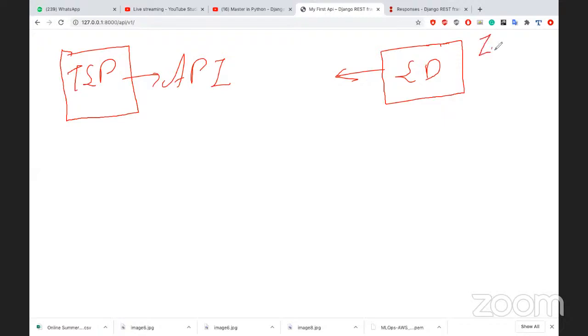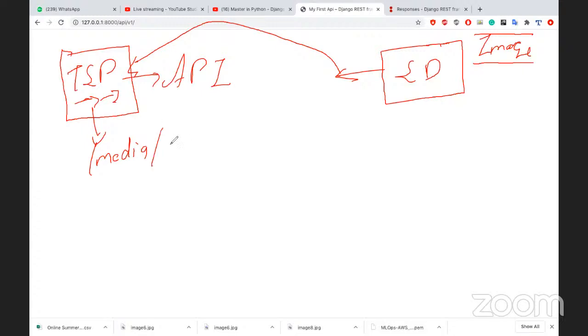The second developer has one image, and what will the second developer do? The second developer will send this image from this project to TechSim Plus. TechSim Plus gets the POST request, because this is sending the data, not receiving the data. When they get the POST request, they will accept this image and process something. And TechSim Plus stores this image in the media location, with the help of